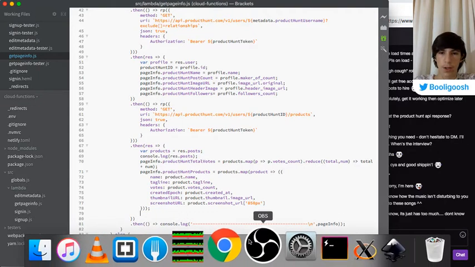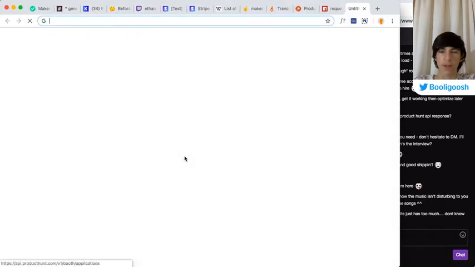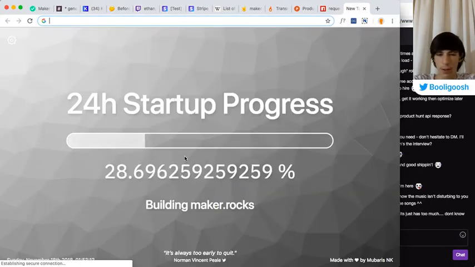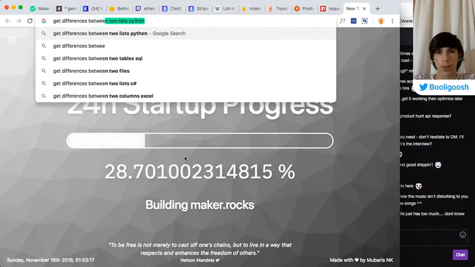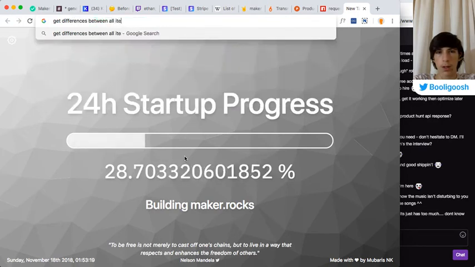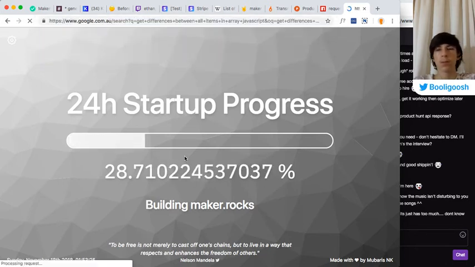Let's just search. I could probably work it out myself, but let's just search it up because it's easier. Get differences between all items in array. JavaScript. Cool.